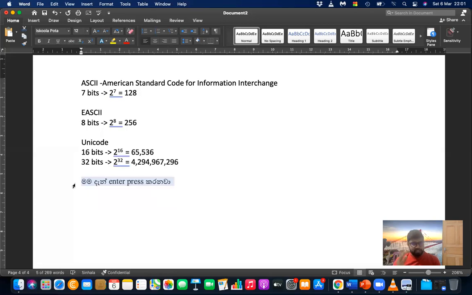Similar to that, image has image representation. Similar to that, audio has audio representation. Video has video representation. Other binary documents have different representations related to particular binary codes. But in A levels, you will be learning only up to this point. But if you really want to explore, you can learn a lot about image manipulation and image representation using binaries, right?